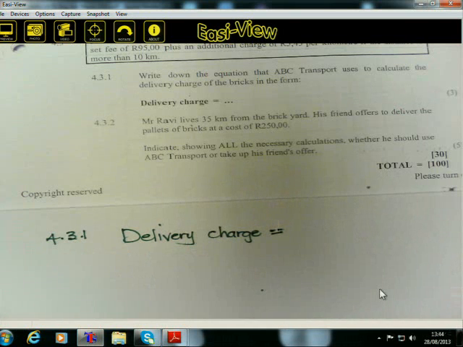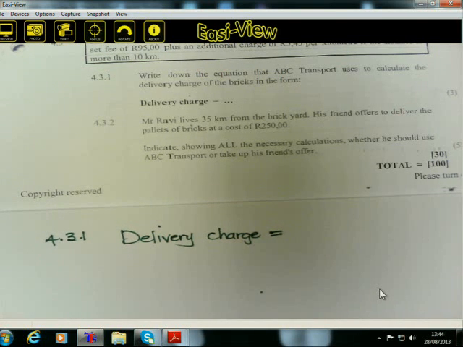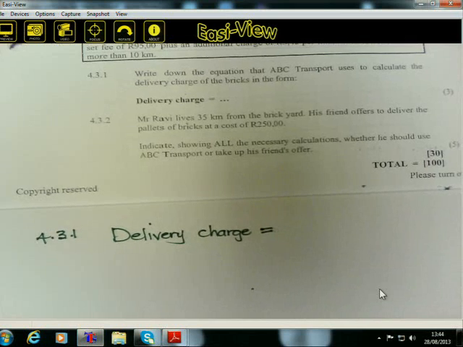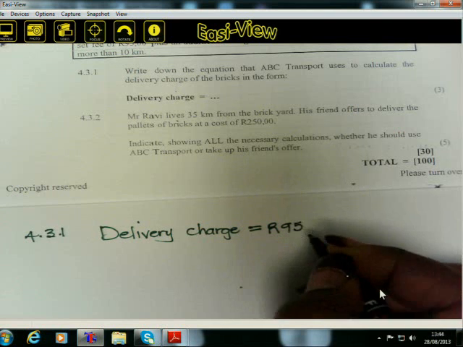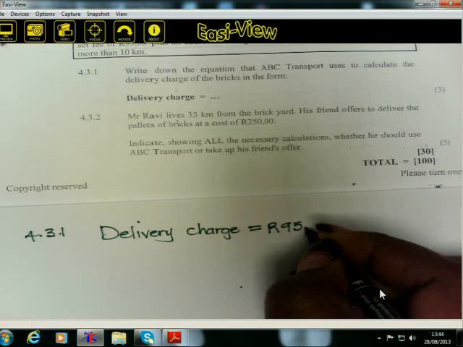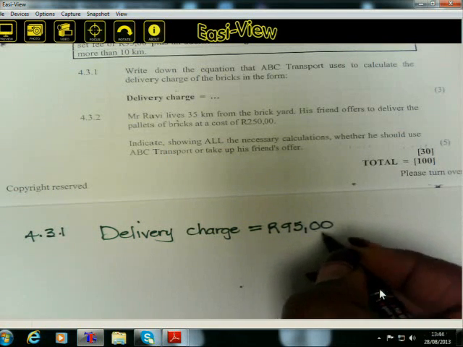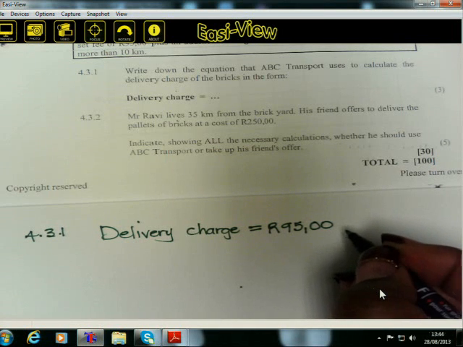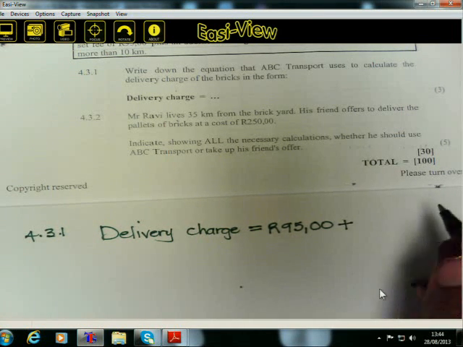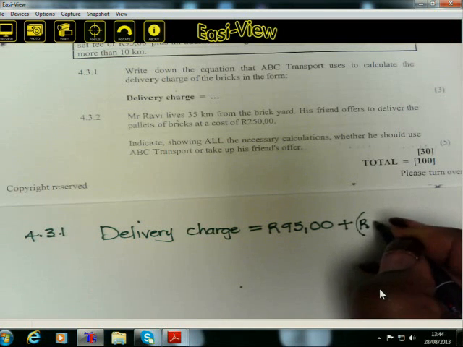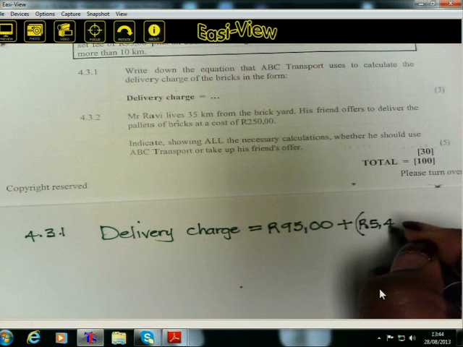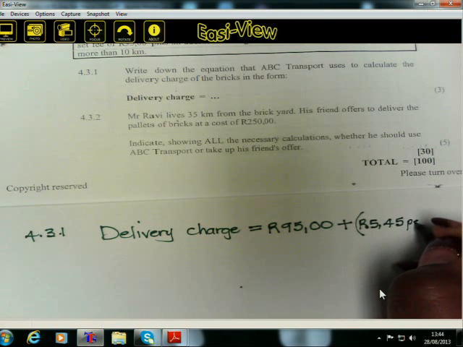So immediately when you go to ABC Transport and you tell them you need to hire their truck, they will charge you 95 rands, which will then be added to, depending on the number of kilometers, an extra 5 rand 45. So that means we have this 95 rands as a set fee. So immediately when you go to them, you have to pay this one if you want to hire their truck. So it will be this 95 rands added to, we will open a bracket so that we can indicate inside the bracket that there's an extra 5 rand 45 cents per kilometer